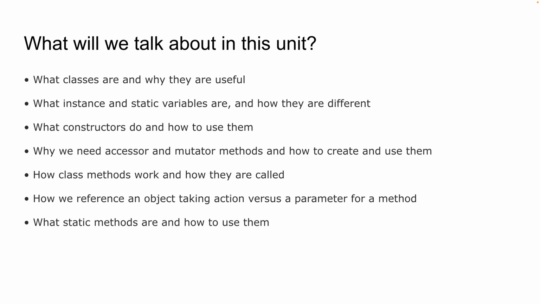So if we have a fraction a, we'll say a.getDecimalValue(). That means fraction a is going to return its own decimal value, versus a static method, with the last topic in there, where we might say decimalValue(a), so that decimalValue might be a static method where the fraction a is a parameter instead of the object taking action. And all that will become clear